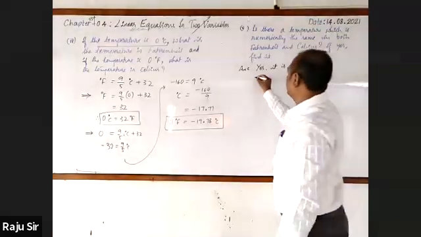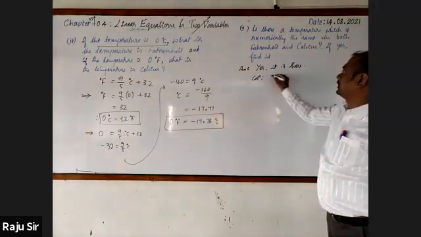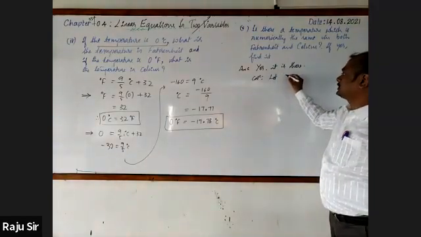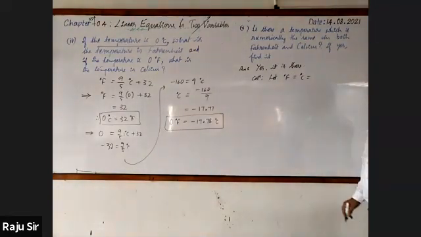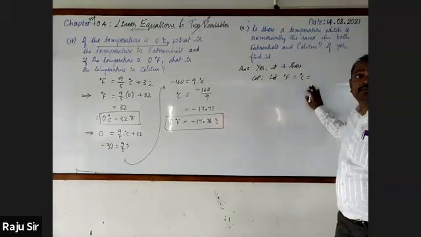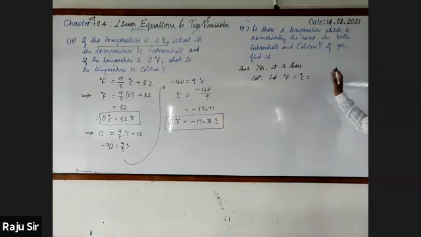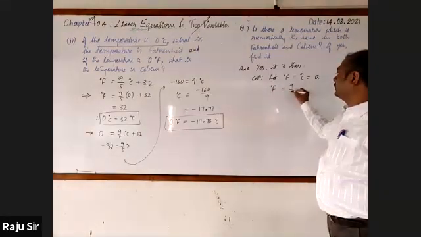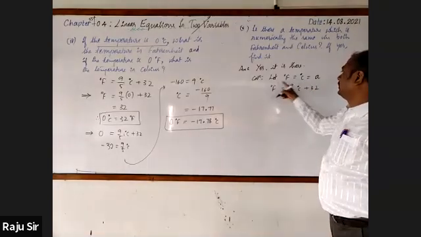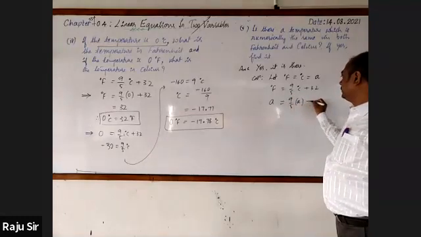Calculate, they have asked. Let's go for calculation. Both are numerically the same, so we should assume let degree Fahrenheit is equal to degree Celsius is equal to x. We need to find out minus 40. Let us take x. We all know that degree Fahrenheit is equal to 9/5 degrees Celsius plus 32. In place of F, I'll write x, then 9/5 into x plus 32.